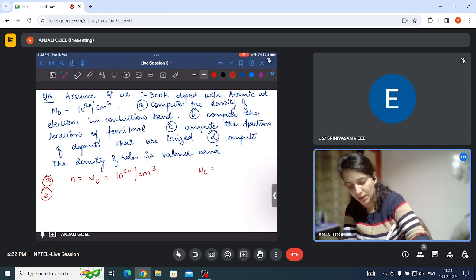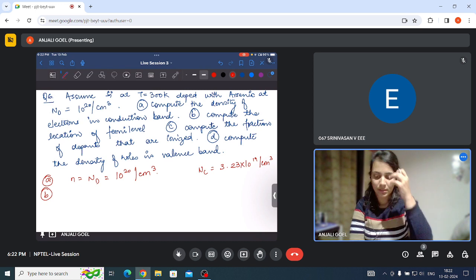For part B, you can take NC equals 3.23 into 10 raised to 19 per centimeter cube, because you might not be knowing that. So yeah,